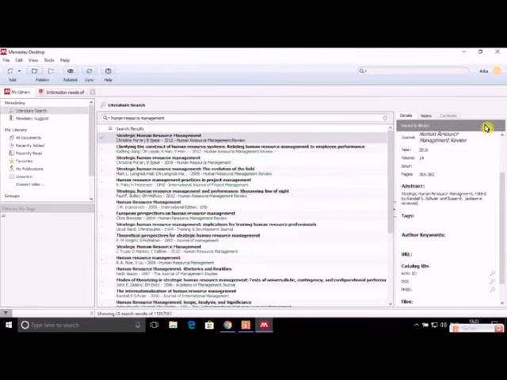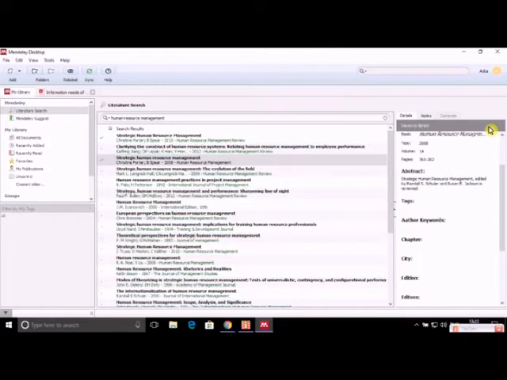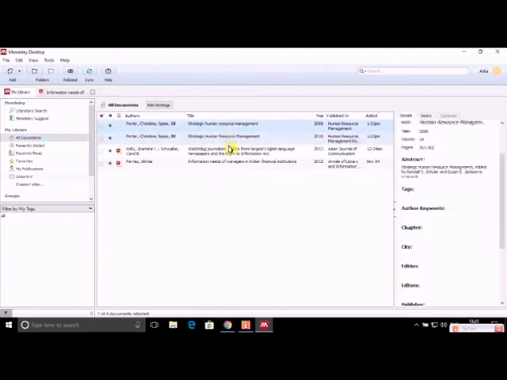Okay, so this is how I save. So let us do it again. If I choose this article, I'll then go to save references, which is there on my right hand side. I'll say save. Okay, so if you go back to all documents, you will see that both the documents which we added are appearing here. One is a 2008 document and the other is a 2010 document.